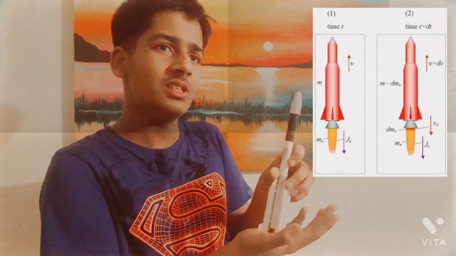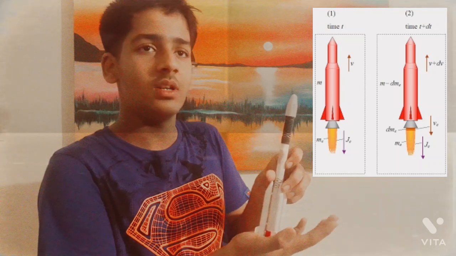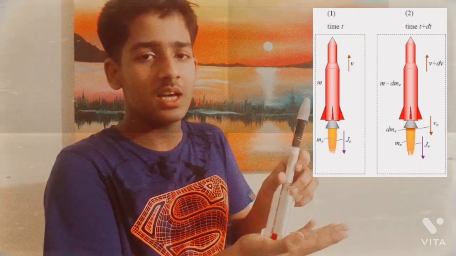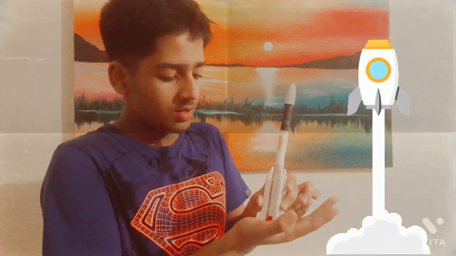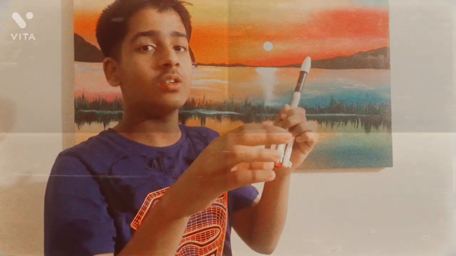Well, what are dm, dt and u relative? dm is the change in mass, dt is the change in time, and u relative is the velocity with respect to this rocket. Now this rocket is moving, and as it gradually moves, its mass always keeps on reducing. Why does it always reduce? Well, the fuel in this is always being consumed, and these black parts, as you can see, just separate, reducing its mass even further, which happens at the topmost layer of the atmosphere.